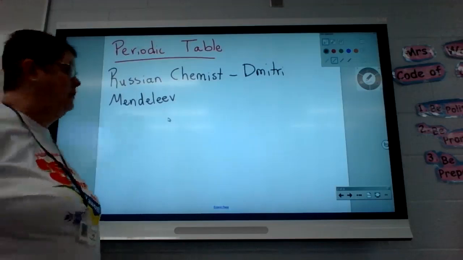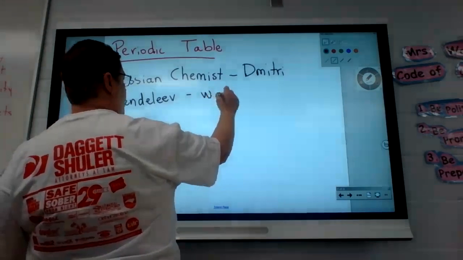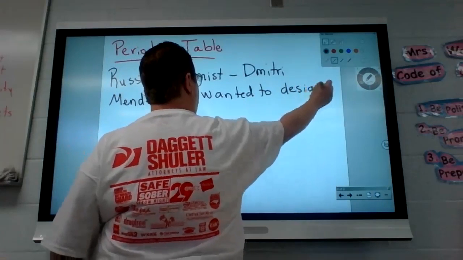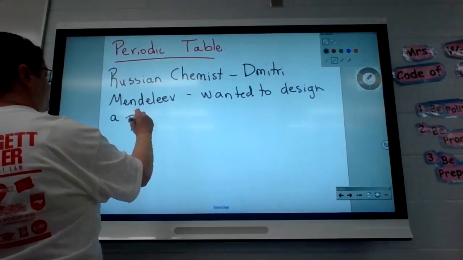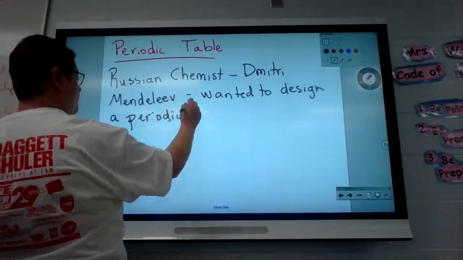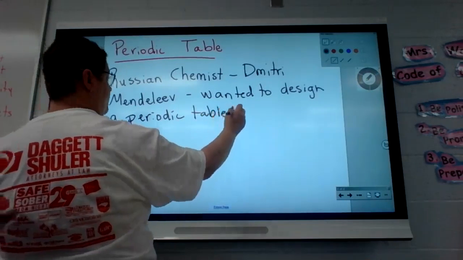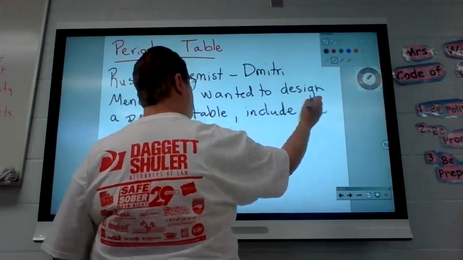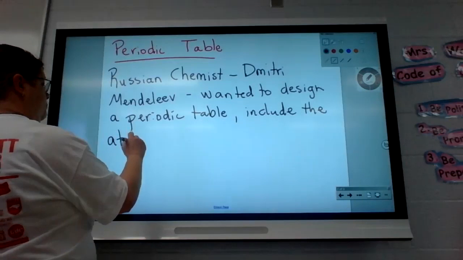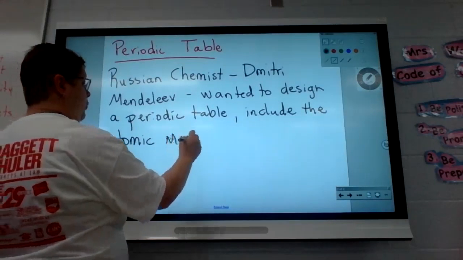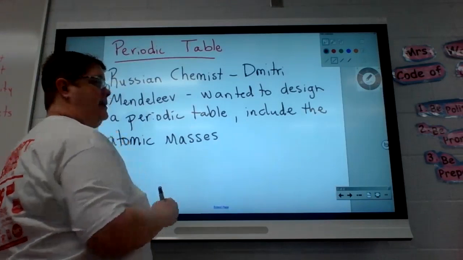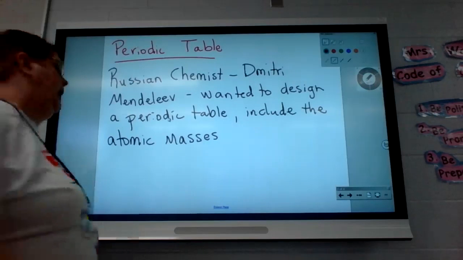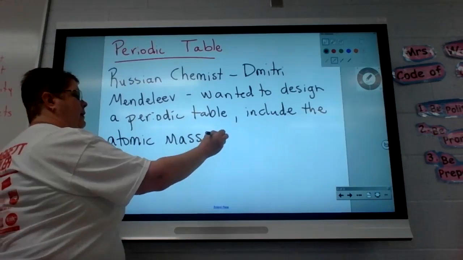Now, Mendeleev, all right, wanted to design a periodic table. Okay? He wanted to include the atomic masses that were recently discovered by an Italian scientist of the name Stanislao Cannizzaro. All right? Now,